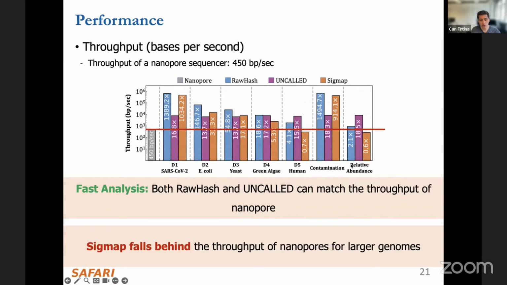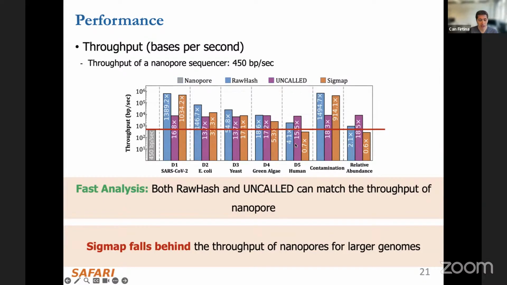And this is also true for the relative abundance estimation, which is a collection of the reference genomes that we evaluate here, which is eventually larger than the human reference genome. It was around 4 to 5 gigabases, if I remember correctly. So for all of these genomes, SigMap falls behind the throughput of nanopore, meaning it cannot perform real-time analysis for